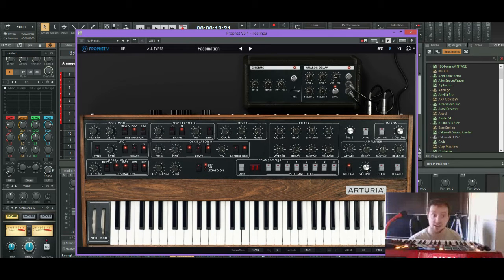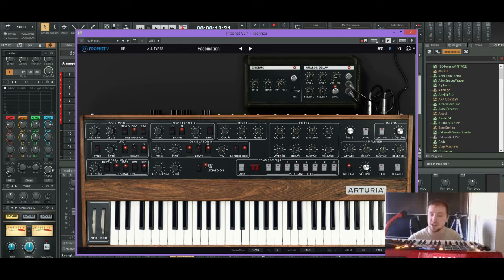I mean, it really is. It is by far the most affordable Prophet synth I can pick up as far as analog programmable synths are concerned. I could have gone for the Repro, but the Arturia one was definitely cheaper.